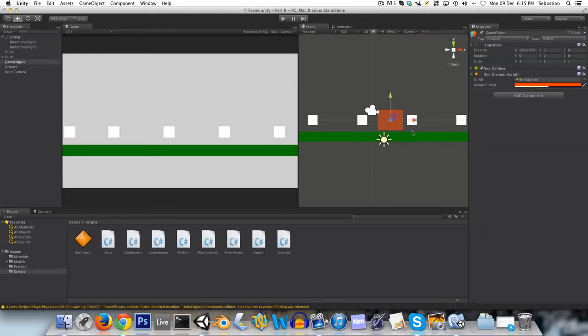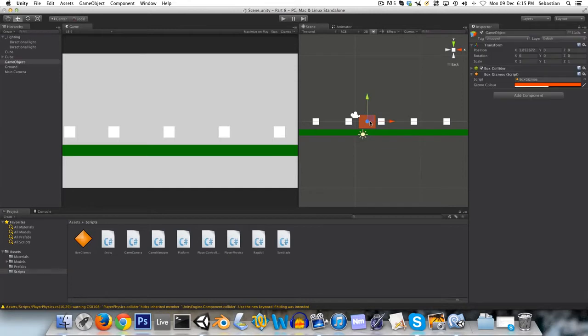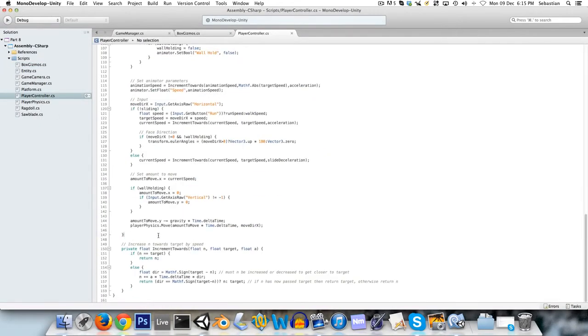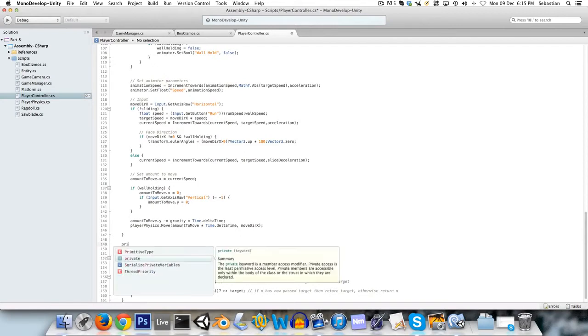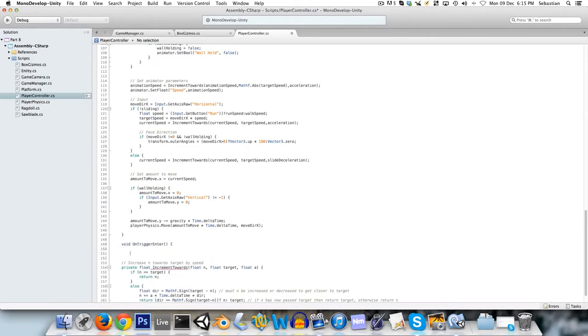Okay, so we're going to create a new tag, and this can be called checkpoint. And while we're at it, I'm just going to create another one called spawn, which will be used a little bit later on in the video. And I'll go into MonoDevelop, into the player controller, and we'll create a new method, void OnTriggerEnter. It's another one of Unity's methods that are called automatically. It takes a